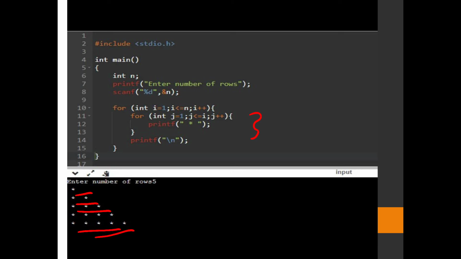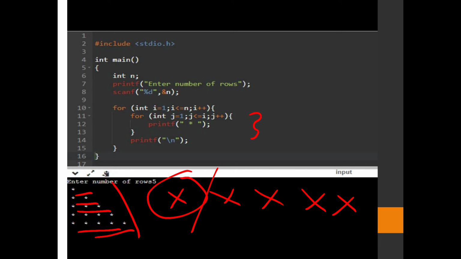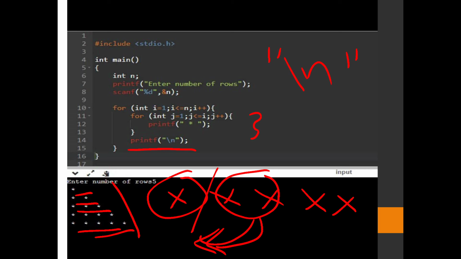The loop is simply printing the data on these lines. But how does it break into the first line, second line, third line? Because when we print, it continuously prints on a single line. So we have to break the lines, so that it comes in the first row and then in the second row. For that I have used printf with backslash n, which we use to break the line. It puts the cursor on the next line. This is how it works, so you can try this one.